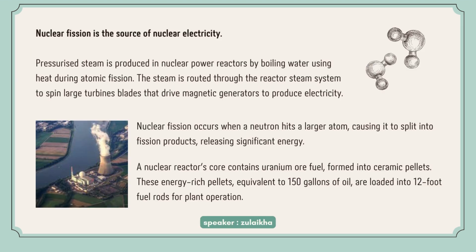What is a nuclear power plant? Nuclear fission is the source of nuclear electricity. Pressurized steam is produced in nuclear power reactors by boiling water using heat from atomic fission. The steam is routed through the reactor steam system to spin large turbine blades that drive magnetic generators to produce electricity. Nuclear fission occurs when a neutron hits a larger atom, causing it to split into fission products, releasing significant